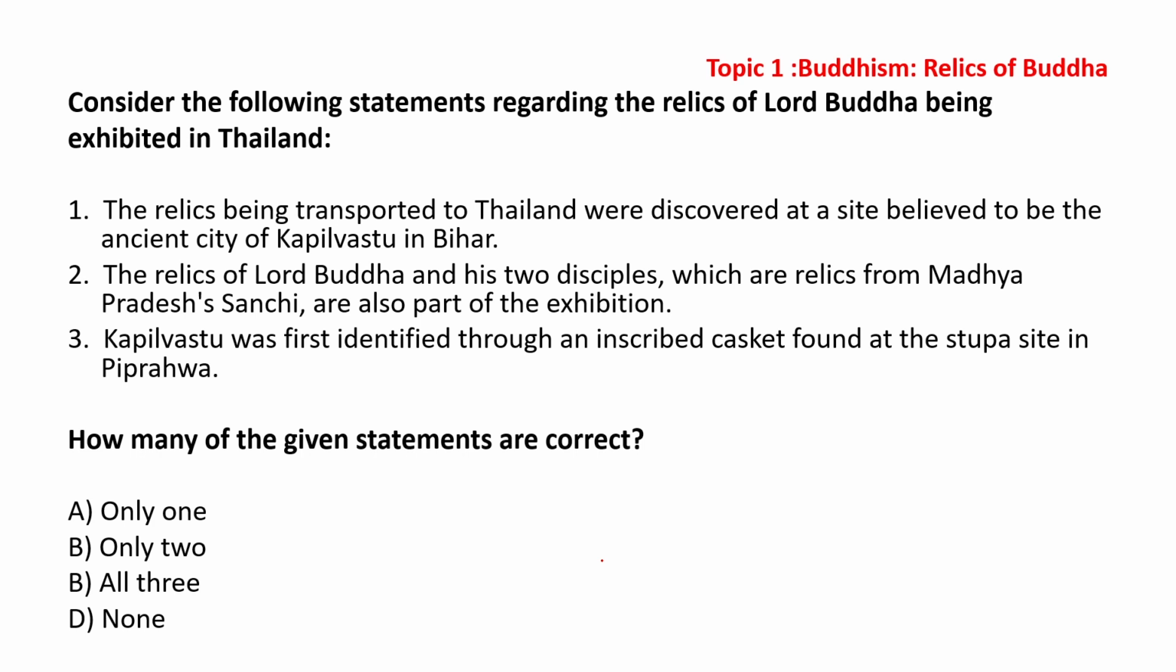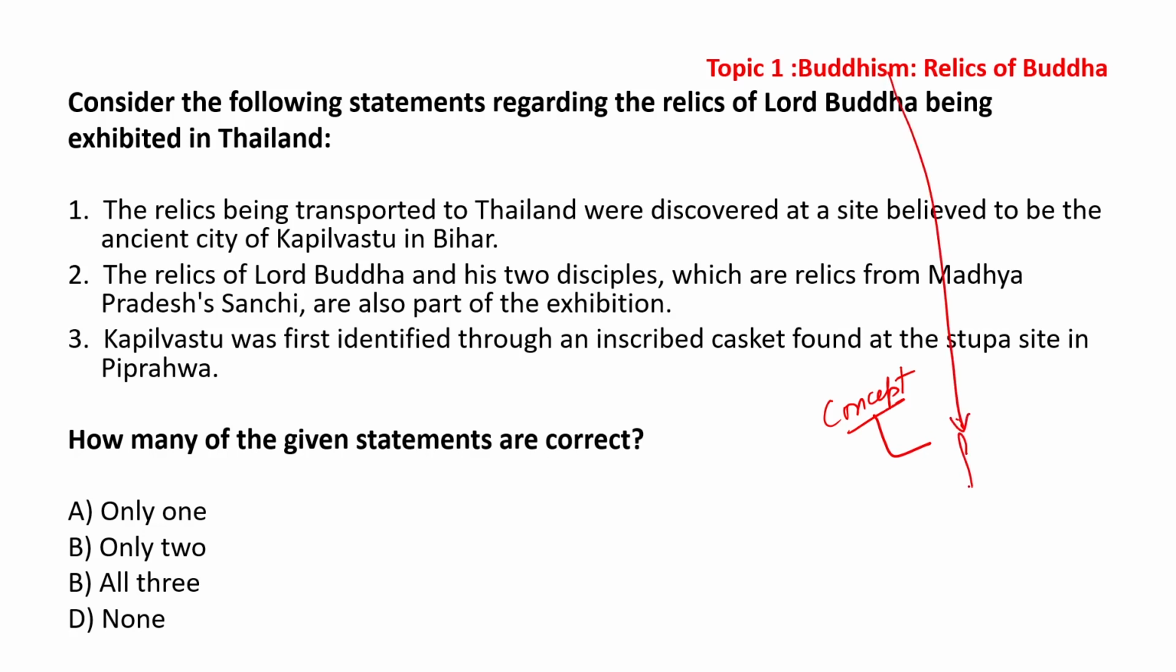Consider the following statements regarding the relics of Lord Buddha being exhibited in Thailand. The relics being transported to Thailand were discovered at a site believed to be the ancient city of Kapilavastu in Bihar. The relics of Lord Buddha and his two disciples, which are relics from Madhya Pradesh, Sanchi, are also part of the exhibition. Kapilavastu was first identified through an inscribed casket found at the stupa site in Piprava. Okay. So if you look at the concept underlying it,